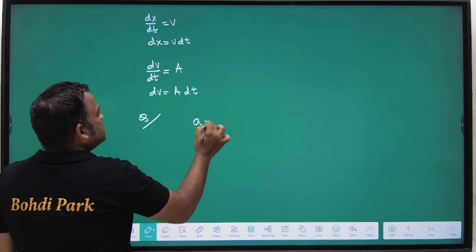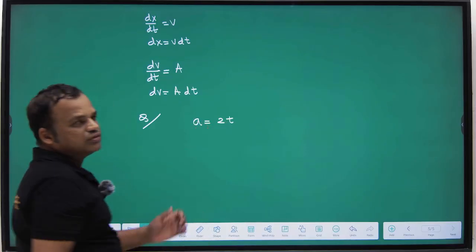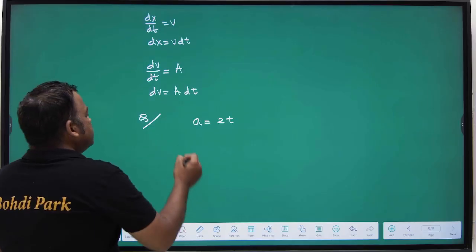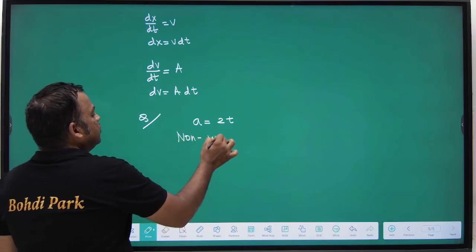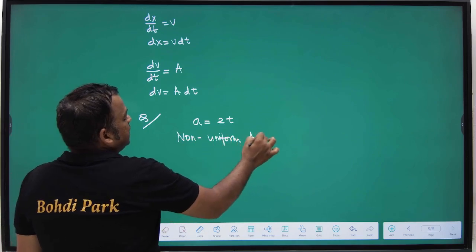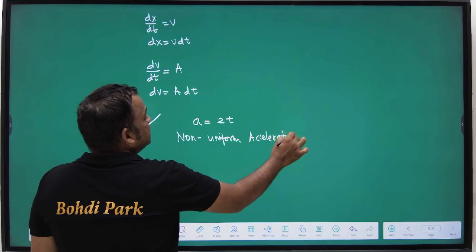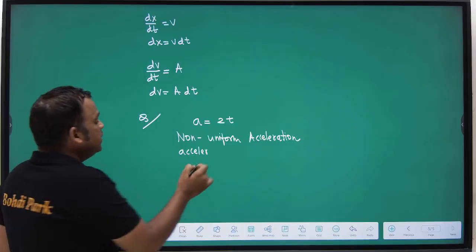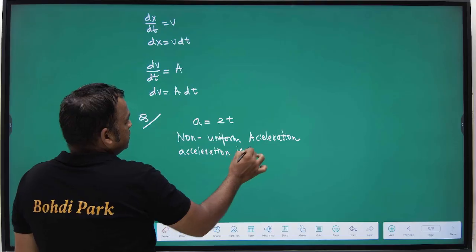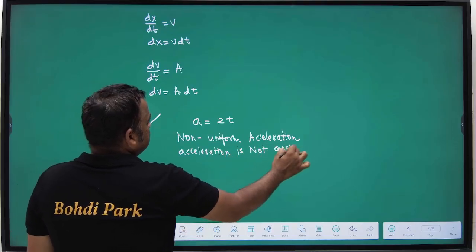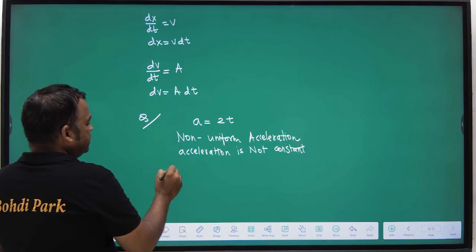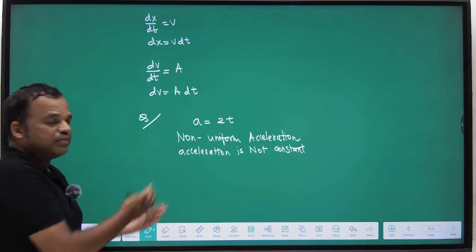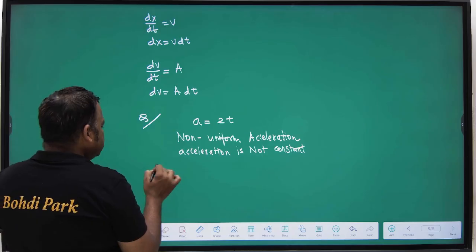Suppose the acceleration is given as 2t. So this acceleration depends on time t. It is not constant. It is a non-uniform acceleration. Non-uniform acceleration means the acceleration is not constant. In this question, acceleration is not constant. So we will write dv by dt is equal to 2t. But before that, let's complete the question. Question says